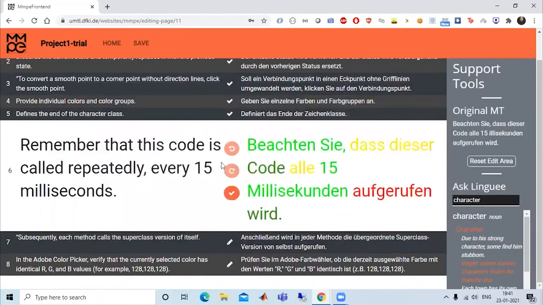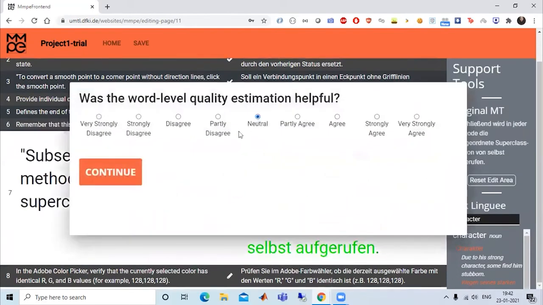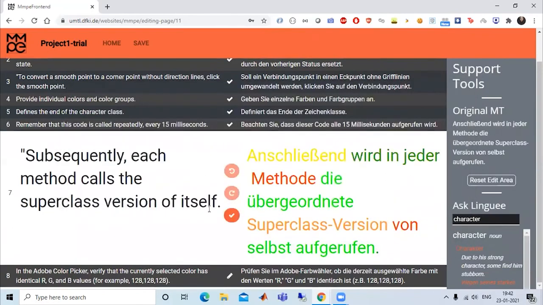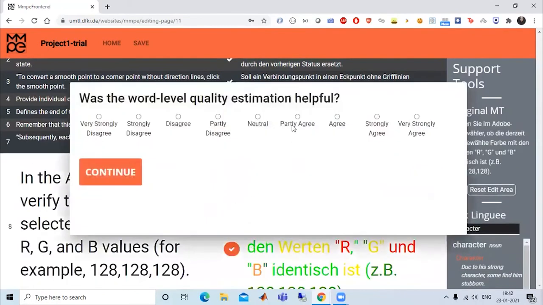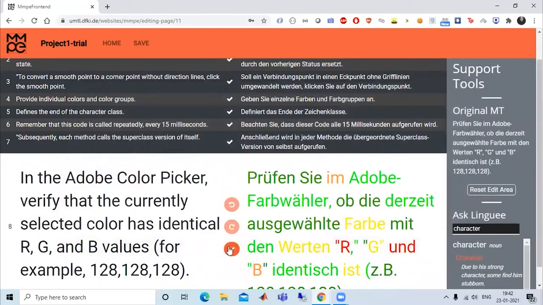Since the quality here is represented by colors ranging from green to red, this is gradient based visualization. So green and red form the 2 ends of the spectrum. And the darker the green color, the more accurate the word is, and the darker the red, the more inaccurate the word is. This is again just an estimate. So yeah, I feel it's accurate, so I'm just going to click on the segment confirm option.